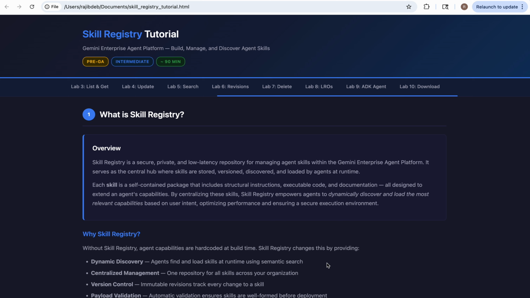Now once a skill is there, the next problem statement came in: where do I register the skills? And that's where the skill registry comes into the picture. Recently with the GEAP launch, GEAP has a skill registry as well, and we will see how we can upload a skill to the skill registry and then use it in an ADK agent using the skill toolset module of ADK, right? So for this, first I